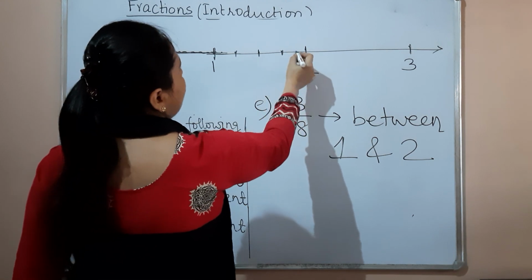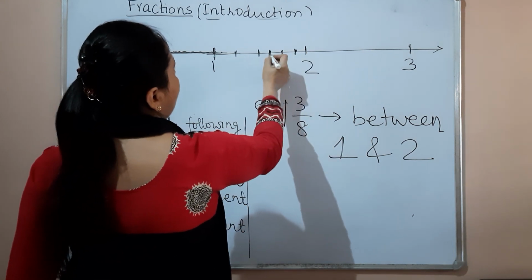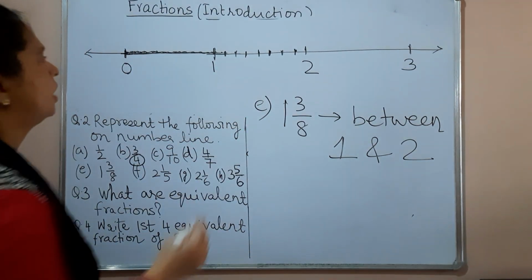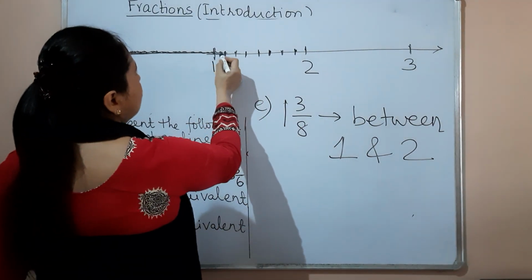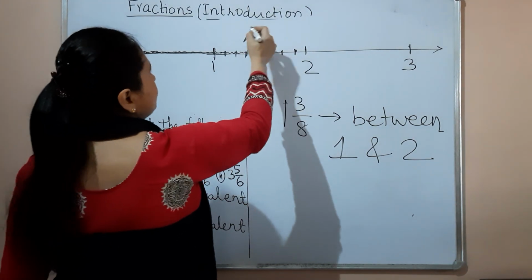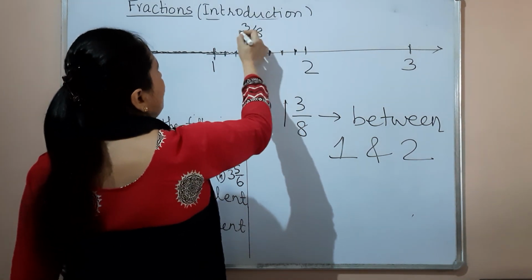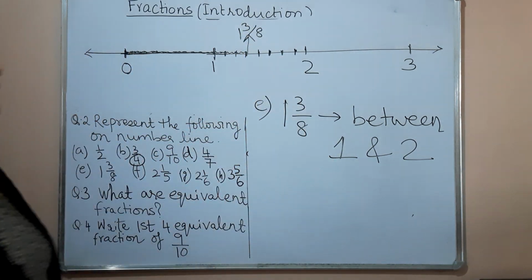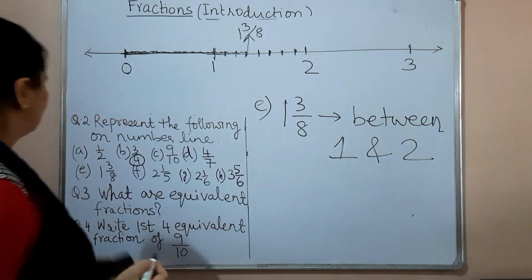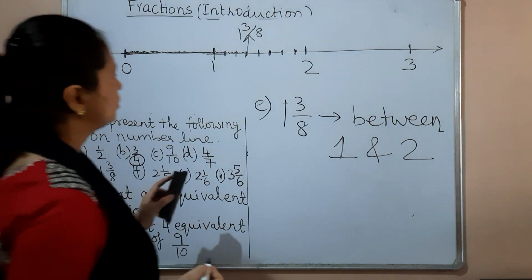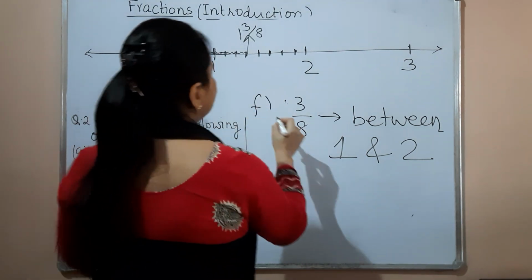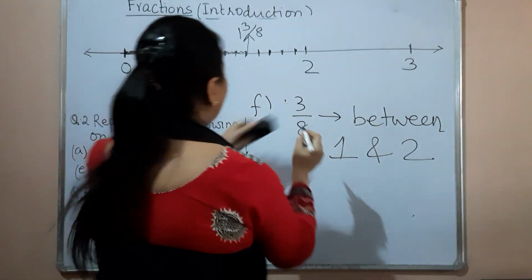So this is 4 parts and then again half of each one of them becomes 8 parts. Alright, so 1, 2 and 3. So this becomes your 3/8, 1 whole 3/8. This is 1 whole 3/8. So this is done. Now next is E. After that we have F. F is 2 whole